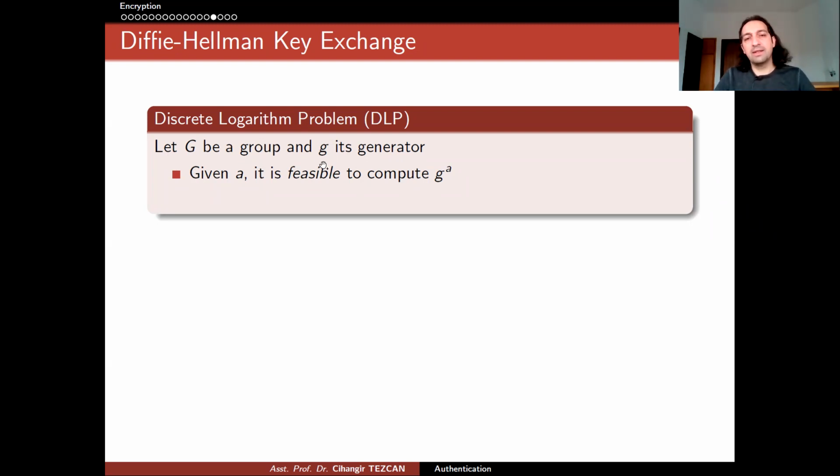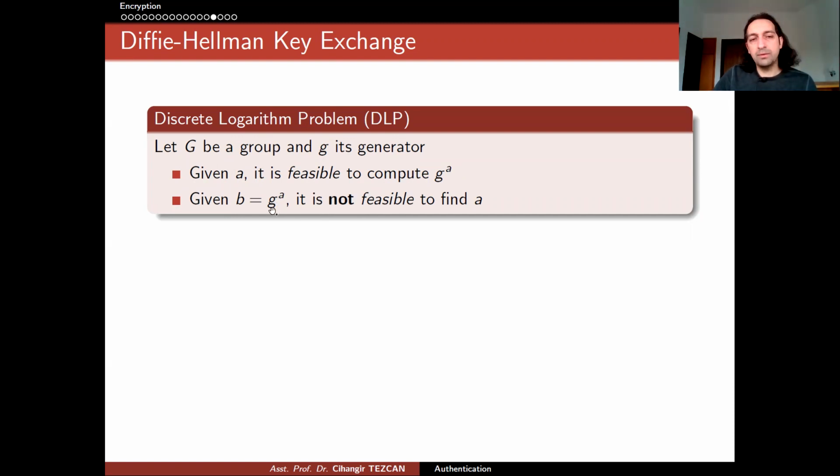You can think about this as, for instance, integers or real numbers as a group, and each group has an operation like addition or multiplication. So we want to turn it into a hard problem. So the idea is as follows. If you know a value A and G, it should be feasible to compute G to the power A. But when I give you the output B, and you also know the value G, it should be hard for you to capture A from here. So I'm kind of trying to hide this A value from you.